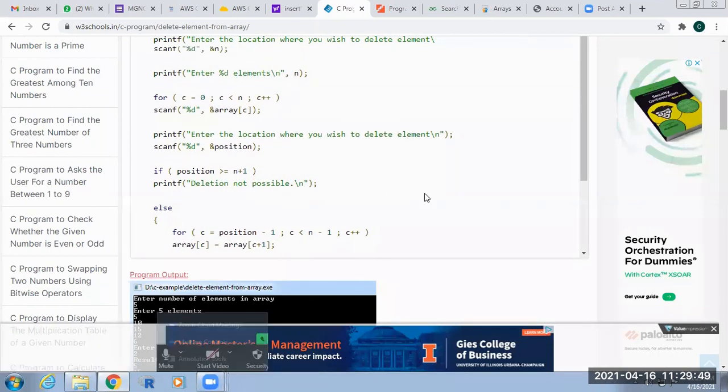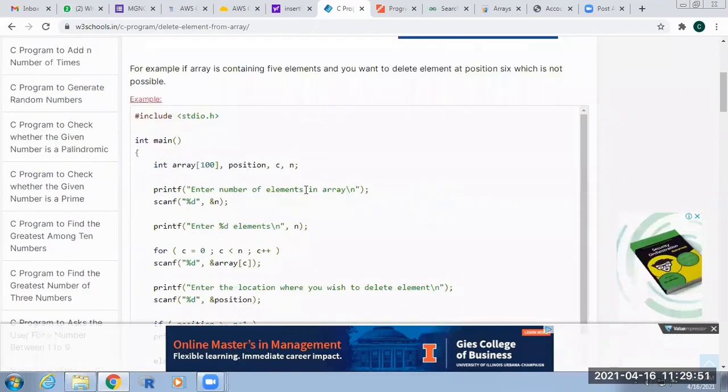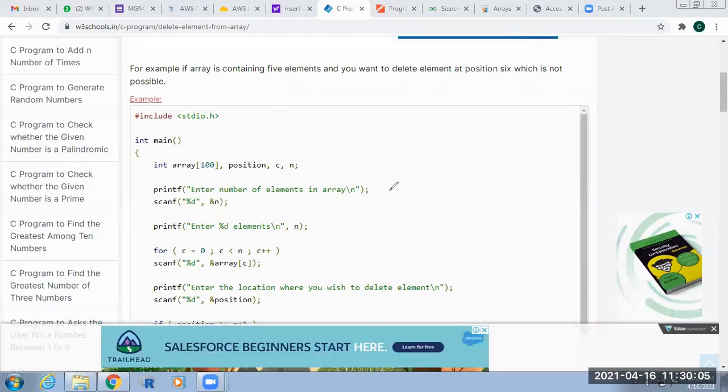Okay. So for the deletion operation here, first we have to insert the elements, just like in the insertion operation what we have done. The same way here also we are going to follow the same concept. So first print n elements. How many elements do you want to insert? I want to insert, for example, 5 values. So n equal to 5 I have given here. Then enter the elements. So I insert the elements.